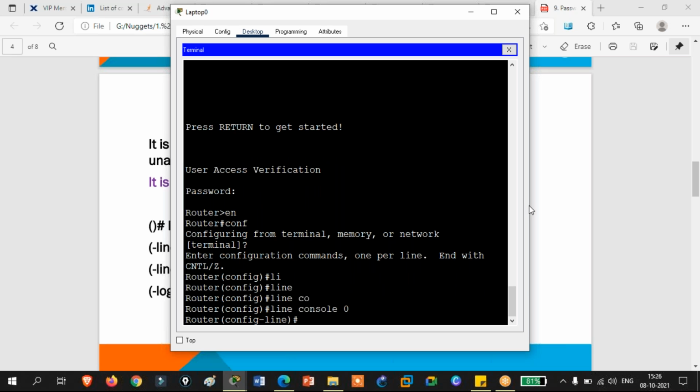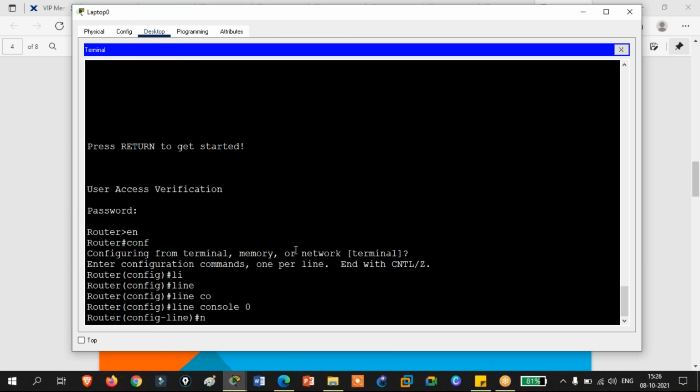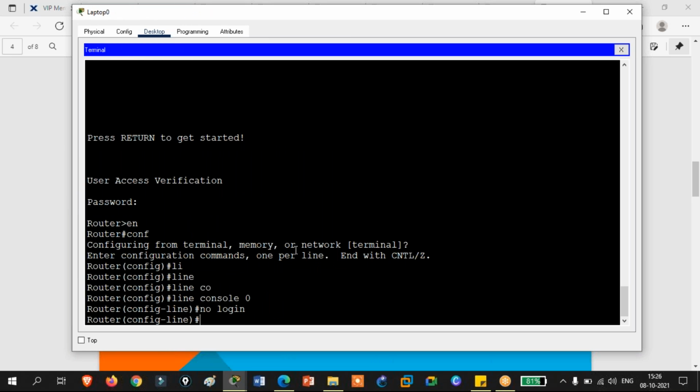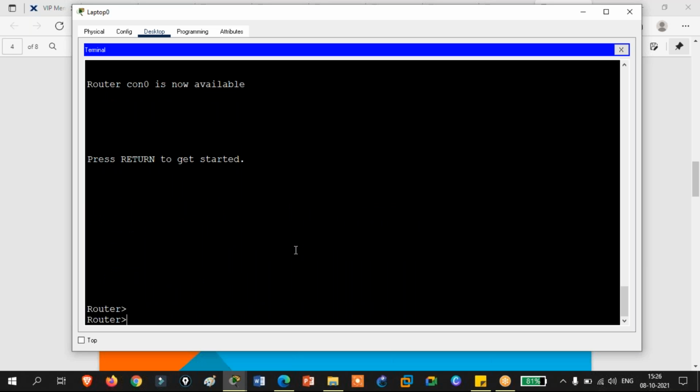How do you remove any command? Remember I told you about the no keyword. Put no in front of the command, and that command will be removed, or the effect of the command will be gone. If you exit now, it is not asking for the password.